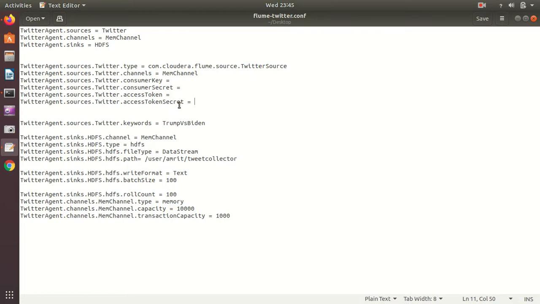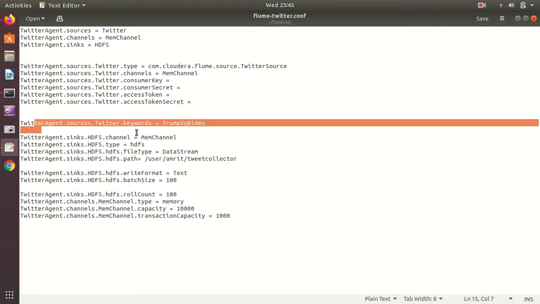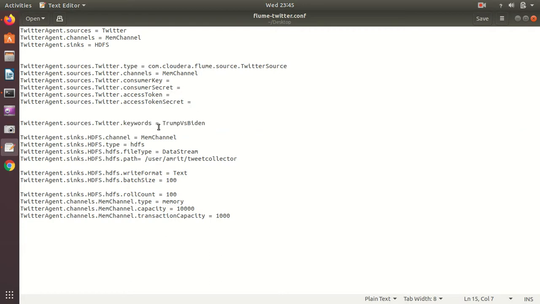Afterwards, we have another thing available: what kind of tweets I require. So guys, now you know that the trending topic is the US elections. So I'm selecting the keyword which is trending right now, Trump versus Biden, the 2 leaders who are fighting for the president post. This is my kind of hashtag, you can say, and this keyword, and regarding this keyword, I'll be seeking some tweets from Twitter.